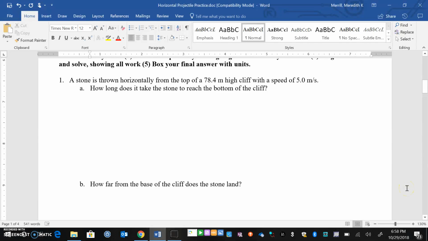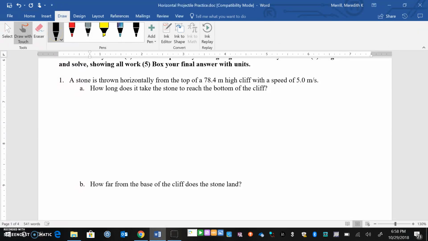For those who were absent yesterday when I introduced how to solve projectile problems, or those that just need a refresher, I'm going to do a sample problem for you to see how to set the problem up. So in this problem,